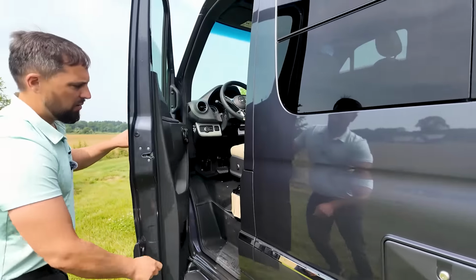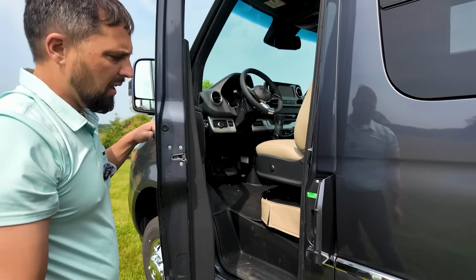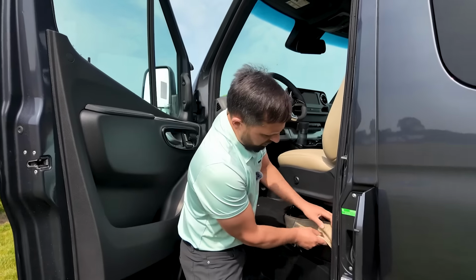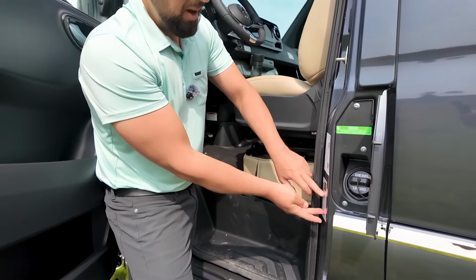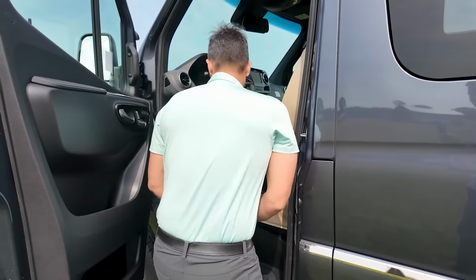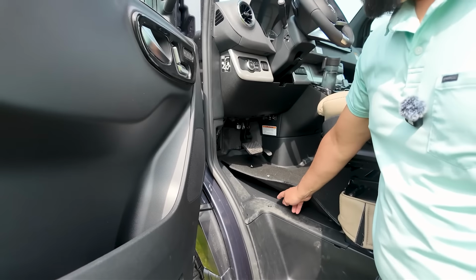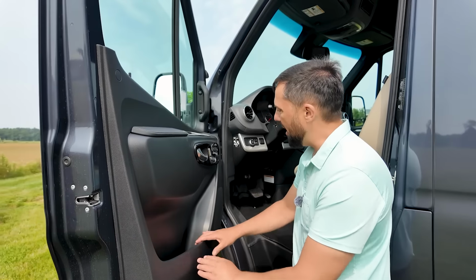Over here behind the driver's door, open this up, you have a 24.5 gallon diesel fuel fill right there. Underneath the driver's skirt here has your VIN plate, fuses, tire information. Also below the floor right here, the engine battery is here, so if you ever needed to service the battery, you could do it from here. You got pocket here,